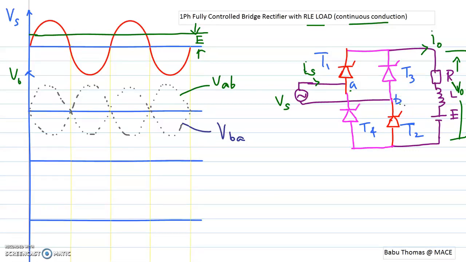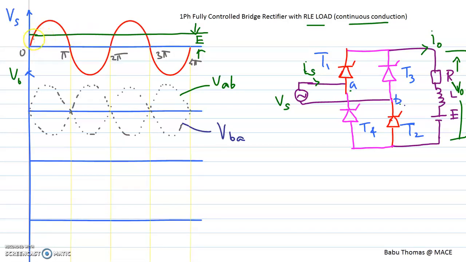Now we need to provide our firing pulses to the thyristors T1 and T2 during the cycle from 0 to pi. So we will be having our cycle. So this is 0, this is pi, 2 pi, 3 pi, 4 pi, like that it is going. From 0 to pi, T1 and T2 are forward biased and T3 and T4 are reverse biased, and therefore if you give a firing pulse to T1 and T2, they will start conducting. Now you can have a look at the source voltage Vs, and this is nothing but your EMF E. So at any instant of time I can trigger the thyristors from 0 to pi.